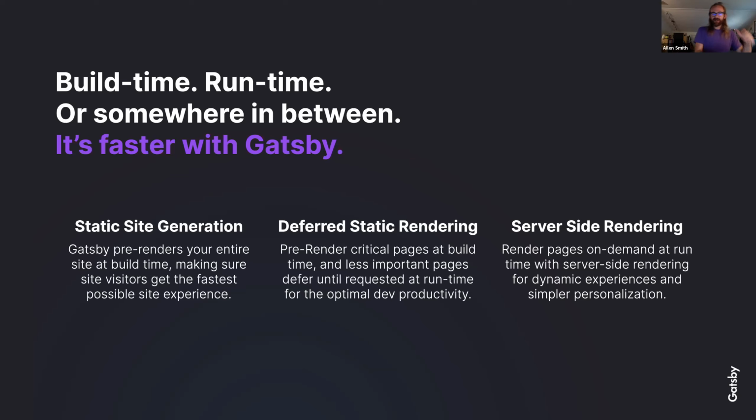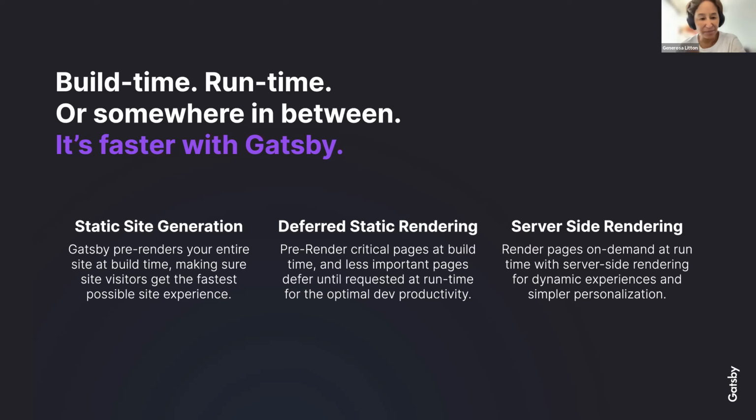We mentioned static site generation, and then we have this middle ground, I would say, this hybrid rendering approach called deferred static rendering or deferred static generation. That's where you can pre-render certain critical pages. You can generate those just like every other static page, but you can defer certain content, such as older blog posts, things that don't get a lot of traffic. You can pull those out of your build process and wait to build them until they're first requested. That speeds up your build time, but it also gives you the benefits of having static site generation. So that was kind of a wall of words here. Generosa, I know it's probably more helpful for folks to see it in action.